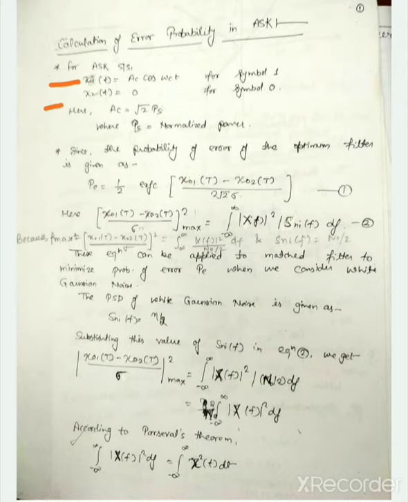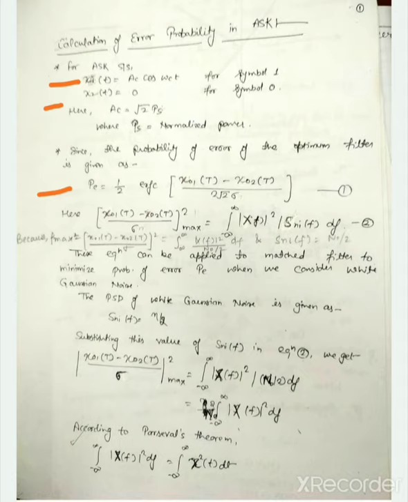We have already studied the equation for error probability of an optimum filter or a matched filter, and it was given by this equation. P equals half erfc of [x01(t) minus x02(t)] divided by 2 root 2 sigma. Again, seeing the terms in this equation, P is the error probability in the case of optimum filter. ERFC is the complementary error function. x01(t) and x02(t) are the sampled outputs at the optimum receiver, and sigma, or you can say sigma square, is the variance of the additive white Gaussian noise which was introduced at the channel.